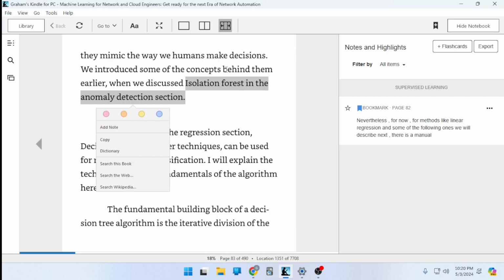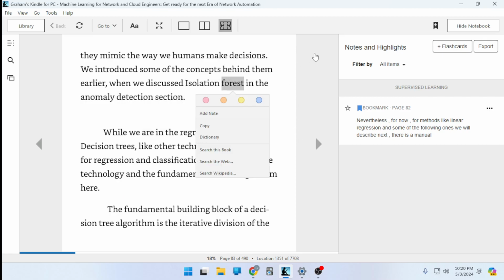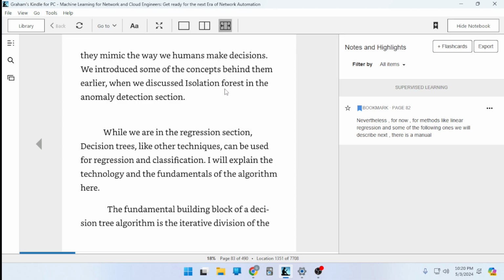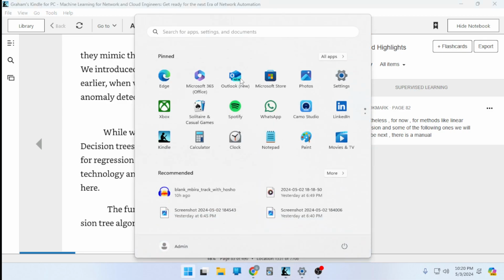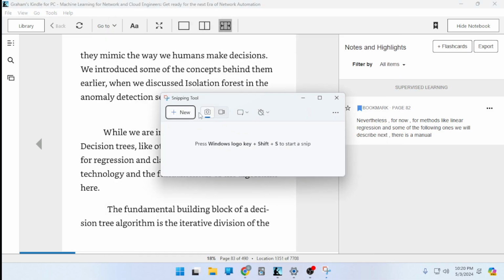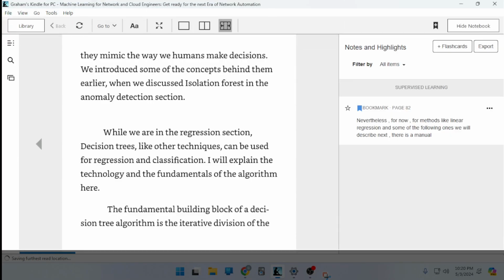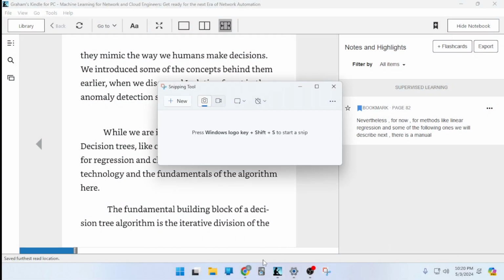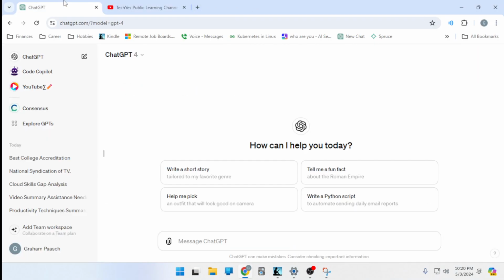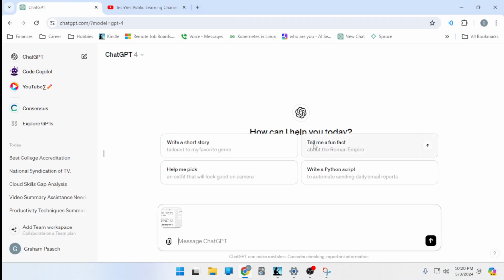So you know what? Let me do this. This is kind of cool. A cool usage of ChatGPT. So I got to get this to close. So I'll hit the escape key, and then I'll take a screenshot, and I'll make sure I can get the name of the book in there, all of that. And then I'll paste the screenshot into ChatGPT, and I'll say,